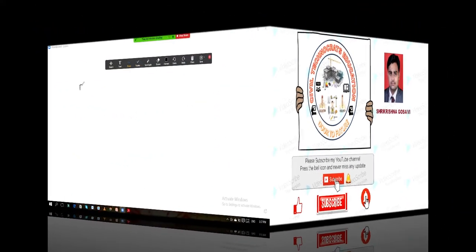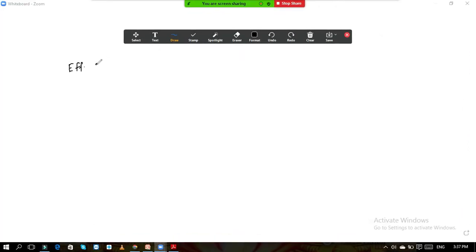Effective span, and that effective span was, you can check the values, 3.15 meter. Then we have calculated ultimate dead load, and the value of that dead load is 6 kilonewton per meter. And then we have calculated live load, and the value of live load is 4.5 kilonewton per meter. Okay, so now what